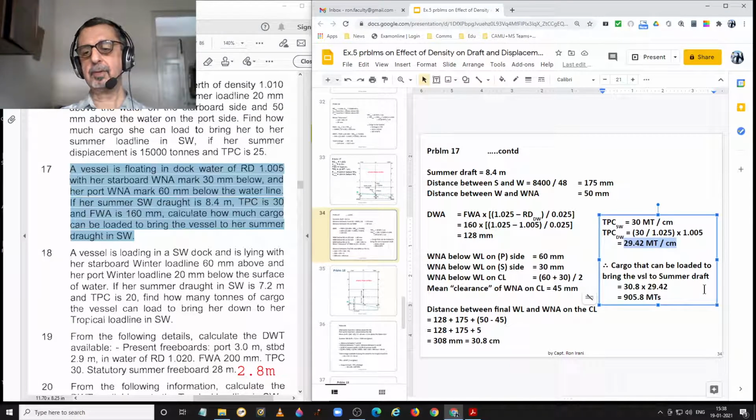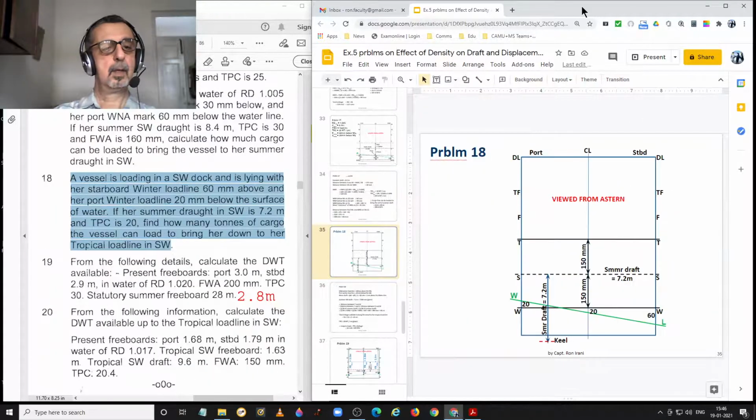Thus, the cargo that can be loaded to bring the vessel to her summer draft is equal to sinkage multiplied by TPC in dock water, that is 30.8 multiplied by 29.42, giving us a value of 905.8 metric tons. Problem 18. A vessel is loading in a saltwater dock and is lying with her starboard winter load line